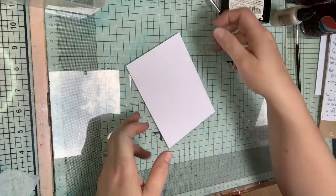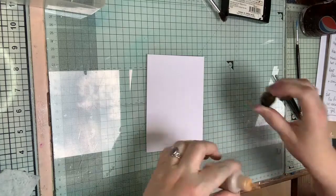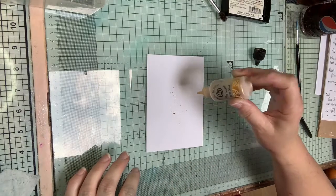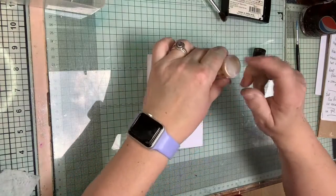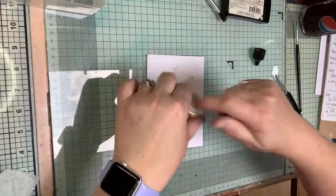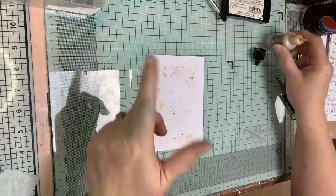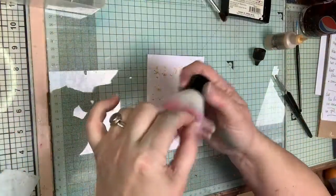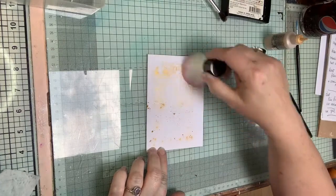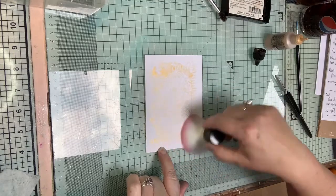Now, with a very dry, gentle brush, you don't want a heavy paintbrush, you don't want something that's got damp on it. A little makeup brush works really well. A kabuki type brush works. I'll show you in a minute what I use. I use a kabuki brush, which, believe it or not, is a makeup brush, but it works brilliantly. So I'll put my powder on. Here's my brush, really light and fluffy, and literally I'm just going to go round and round very gently with my pixie powder. Okay,